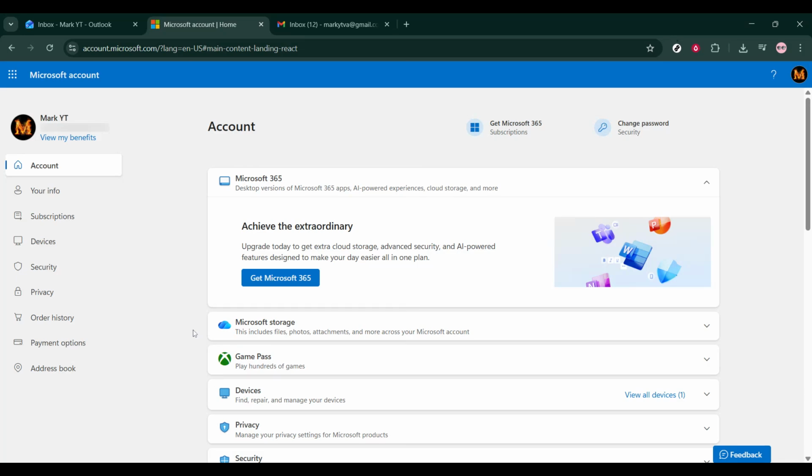In today's video, I'm going to show you exactly how to change your Outlook password step by step. This is useful if you think your account security has been compromised, if your password is too old, or if you simply want to keep your Microsoft account protected. Since Outlook is connected to your Microsoft account, changing the password here updates it everywhere, including Outlook email, OneDrive, and